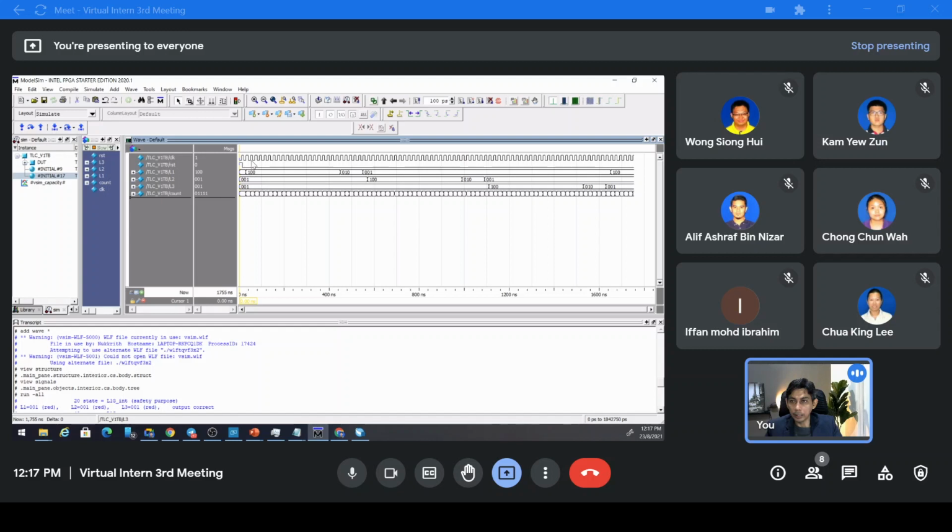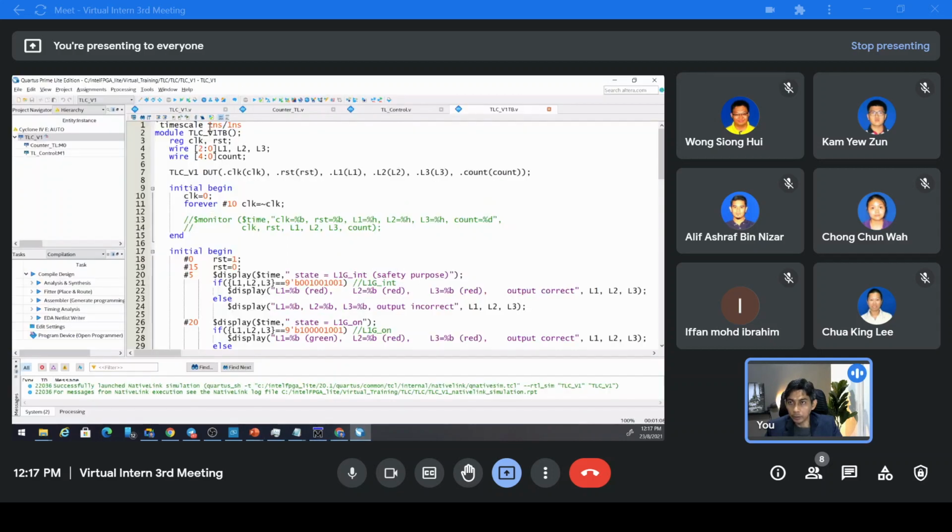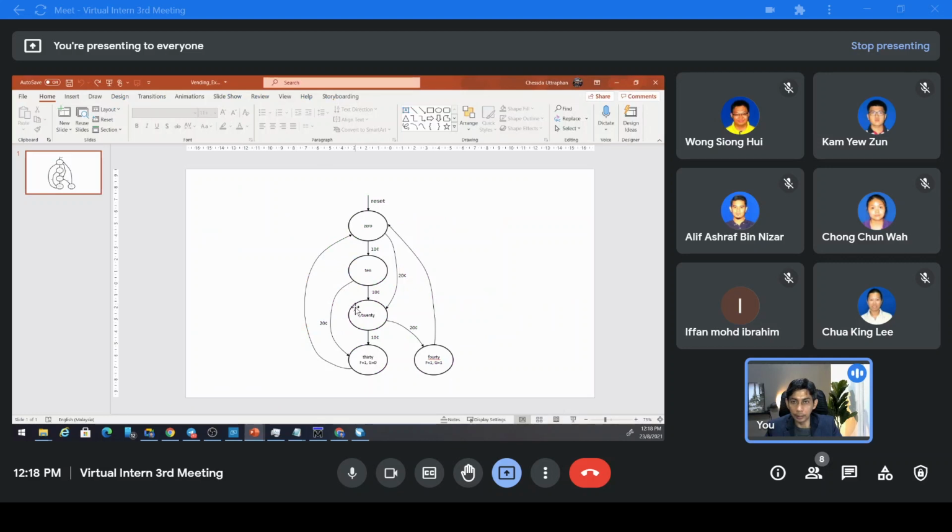So in the simulation here, I still use 1 nanosecond, so we actually want to see whether it has produced the correct output or not. This clock is very fast actually, but in practice, when we use the FPGA later on, what we need to do is have a clock that is 1 Hertz, which is a 1 second period,